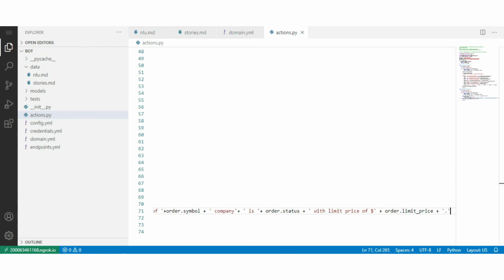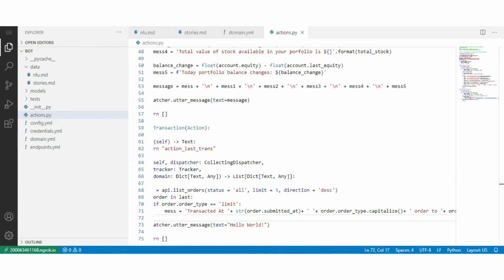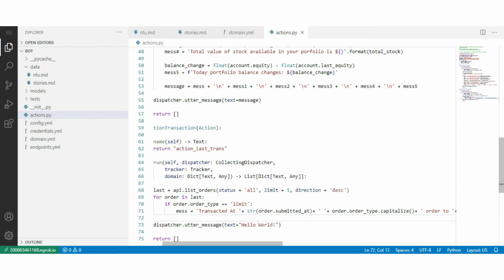In the else condition, we have to give the details about the market order type.